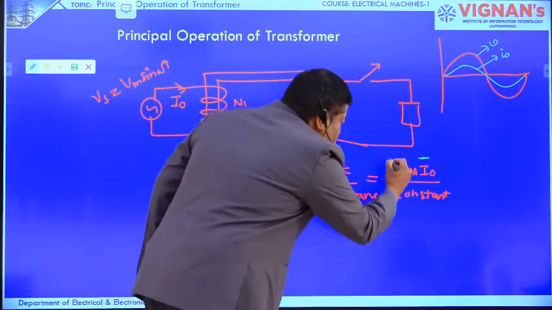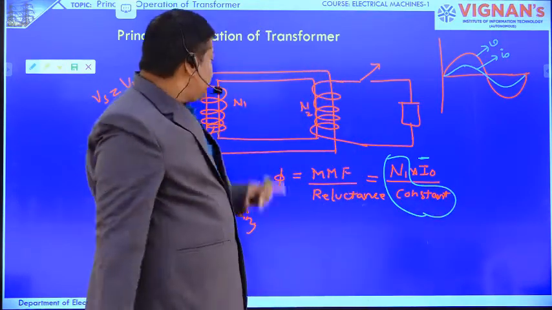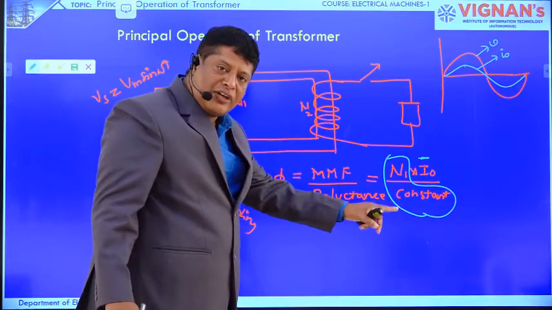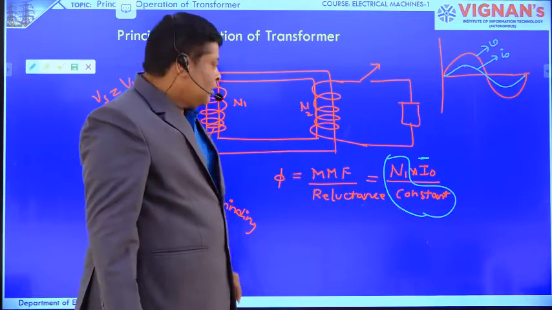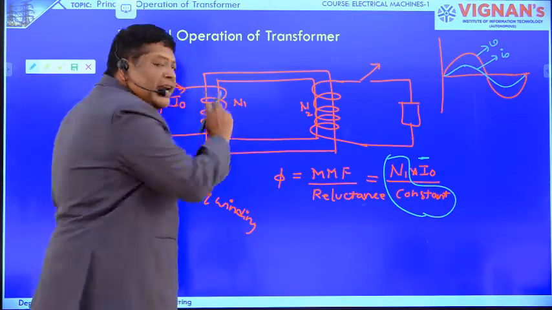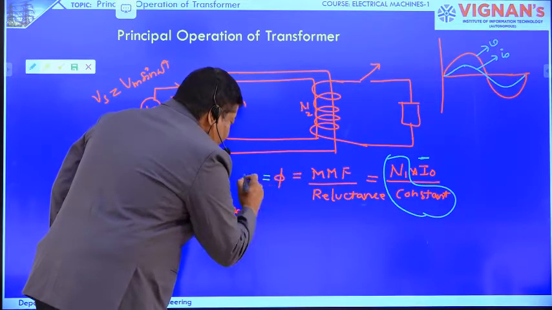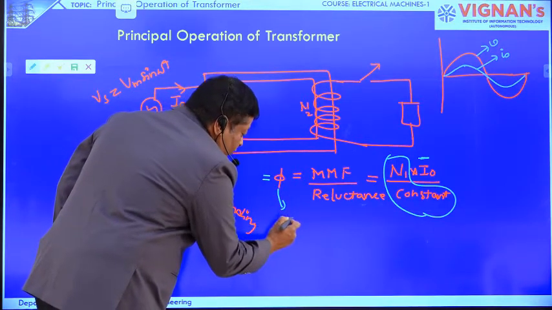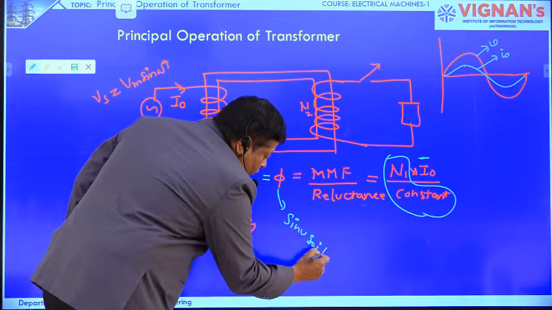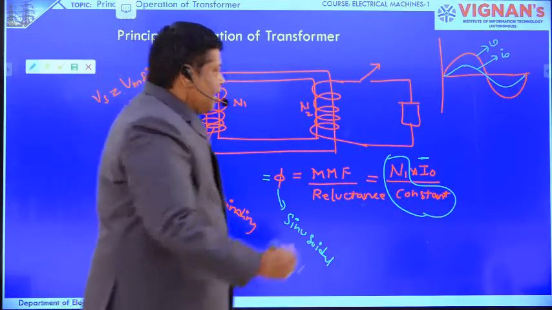Here N1 is a constant. N1 is the number of turns in the primary winding, which is also constant. The denominator parameter, the reluctance, is also constant. So the flux created from the primary winding is also sinusoidal. Now if you draw the waveform for the flux...